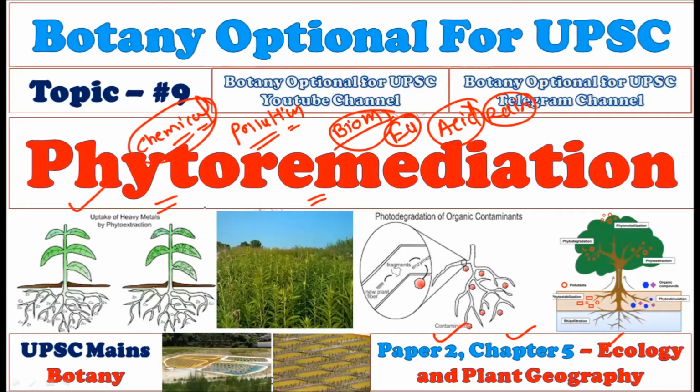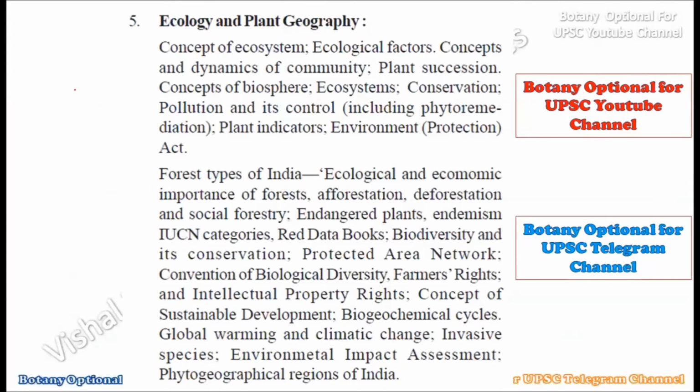The term phytoremediation is made up of two words, phyto and remediation. Phyto means plants, and remediation means to extract. So we are using plants here to extract the pollutants present in the water or in the soil. Phytoremediation is a very peculiar pollution-controlling technique in which we use some kind of plant to clean up any area which is already polluted.